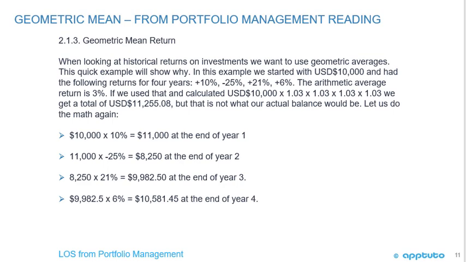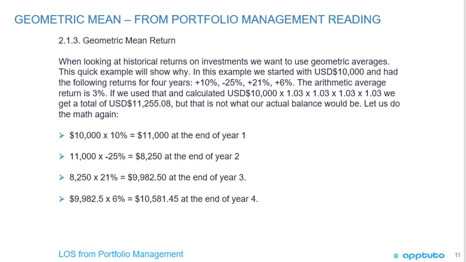So let's do the math again. We have $10,000, and at the end of year 1, it grew by 10% return, so we hit $11,000. Then we had a negative return of 25%, so 11,000 times negative 25%, we'd have 8,250 at the end of year 2. 8,250 times 21%, we'd have 9,982.5 at the end of year 3. And then finally, that 9,982.5 times 6%, that return in year 4,